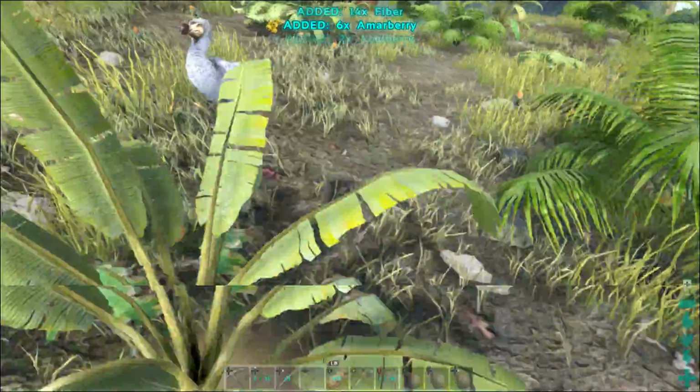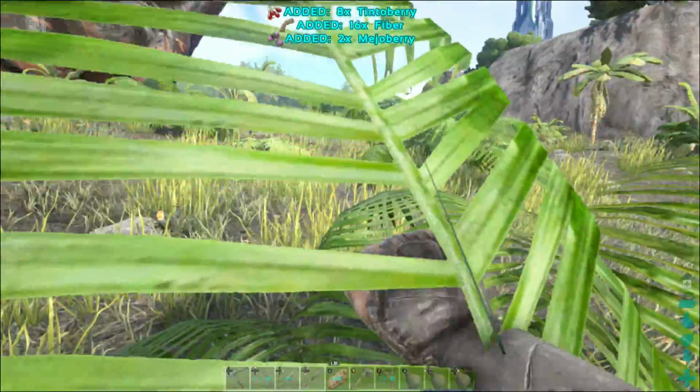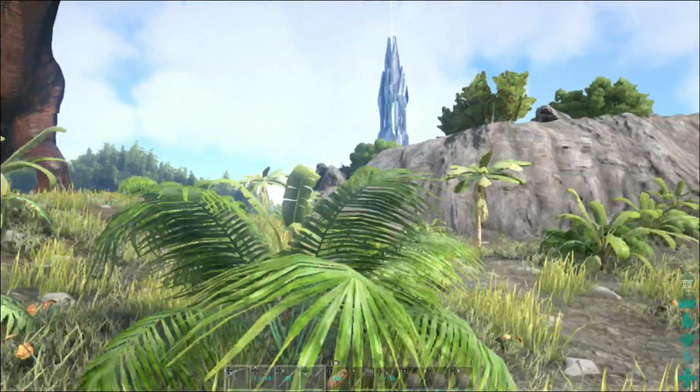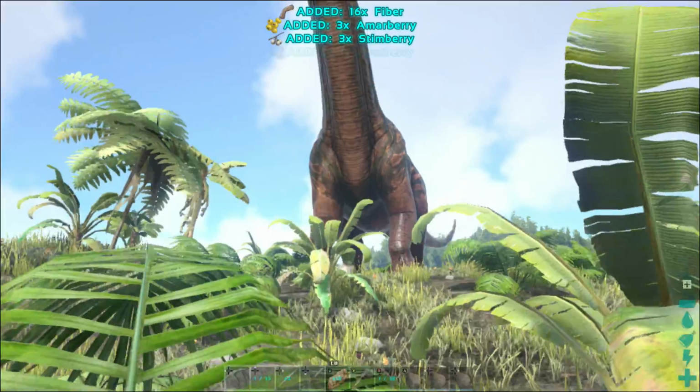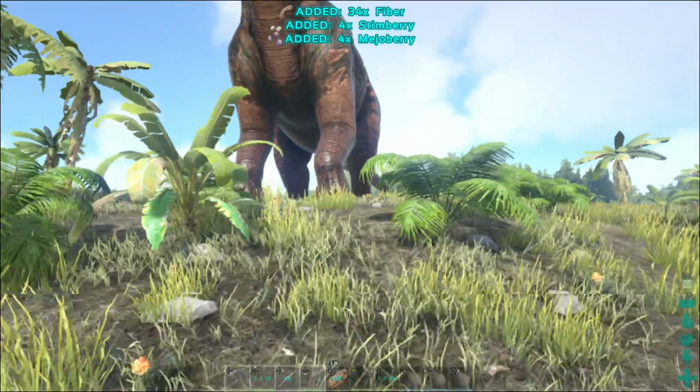Okay, so hello, Mr. Dodo. Like I was saying, get as much fiber as possible. Wave hello to the Bronto. Hello, Bronto. How you doing? I'd ask for you to wave back, but you got giant...